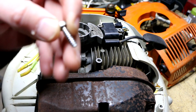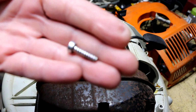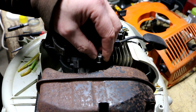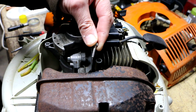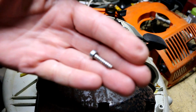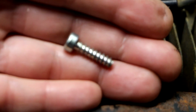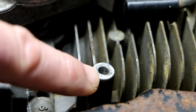I forgot what Stihl calls these screws, but they have a special name for them, and their big claim to fame is that they can cut their own threads into the aluminum casting during assembly, and then apparently they can be removed and reinstalled as many times as necessary, provided you follow the very specific torque specifications that the screws require. The problem with this is that many people do not use the proper torque specification. And what happens is, as soon as you overtighten these, they tear out the threads in this soft aluminum